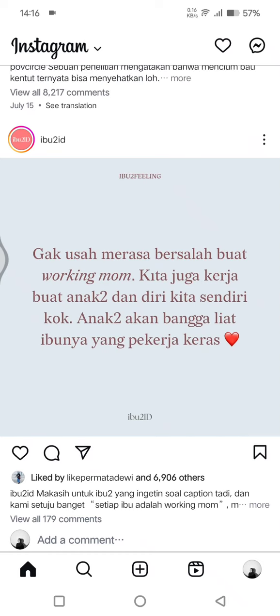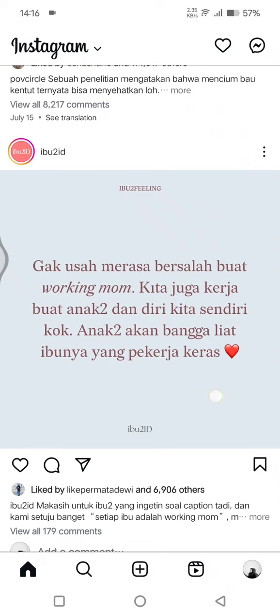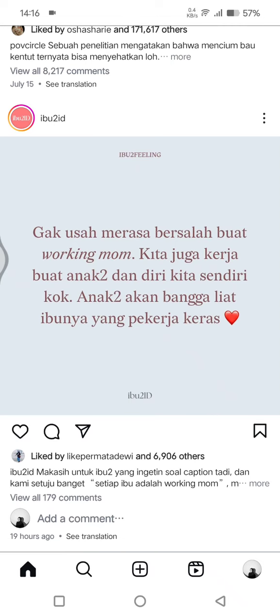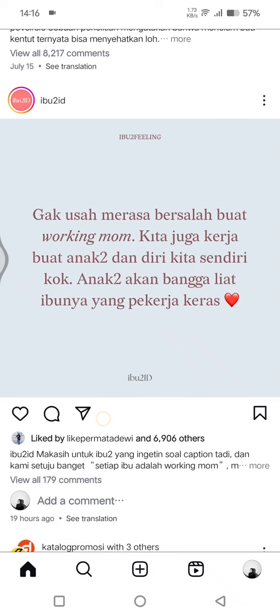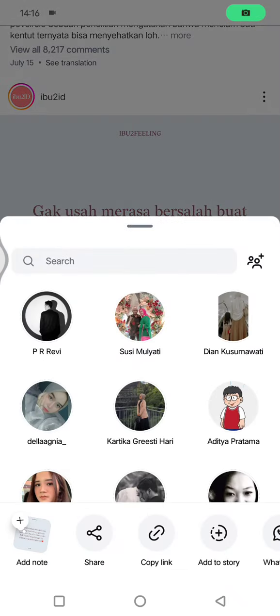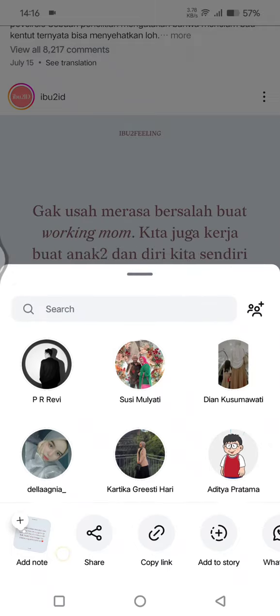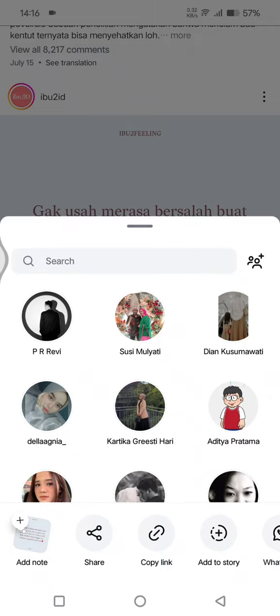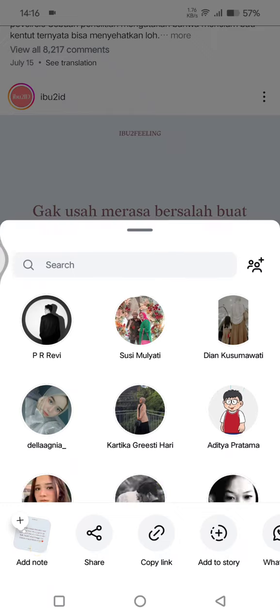So if you see a post that you find interesting or you like so much, and you want your friends to see it and leave a note for your friends, what you need to do is find the Instagram post, and here when you click on this share button, this airplane icon, the add note option will be visible here on the left. So just click on the plus on add note,